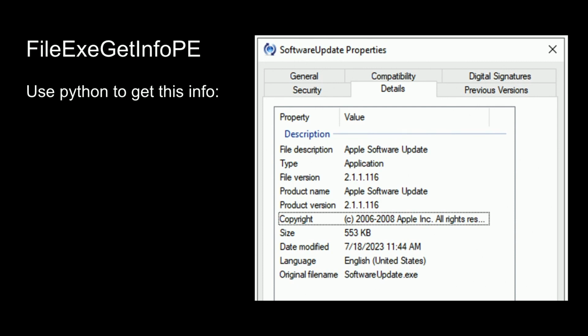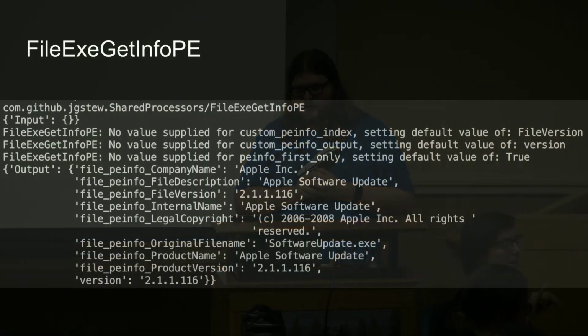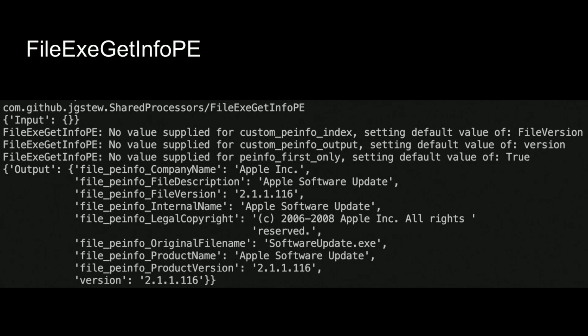You're going to have this property and value: file description, type, file version, product name, product version, copyright, and so forth. And I was like, well, there's got to be a way to read this somehow and be able to get this in Python and not have to rely on Windows to get this information. Windows knows about this. How does Windows know about this, and how do I read this value? And that's what I eventually figured out through this pinfo Python module,